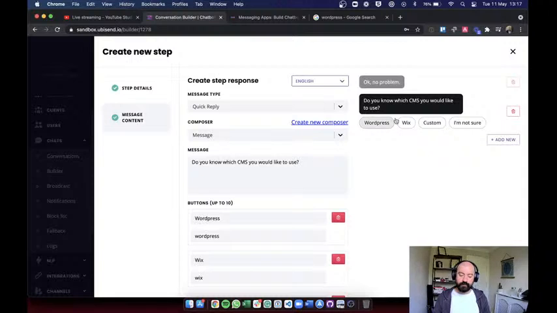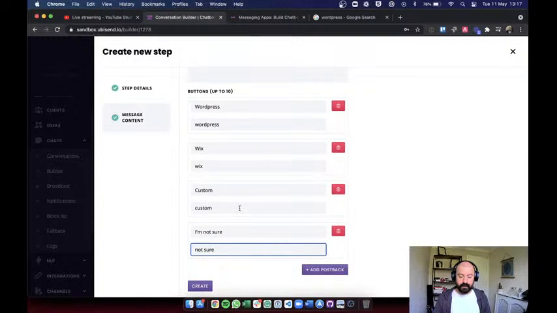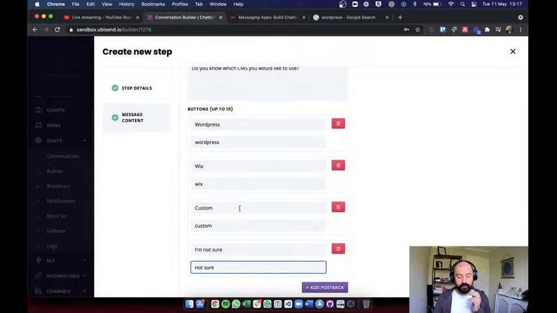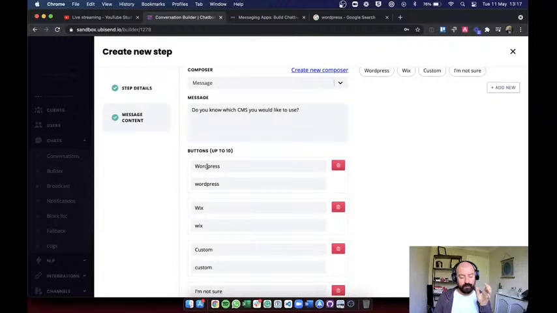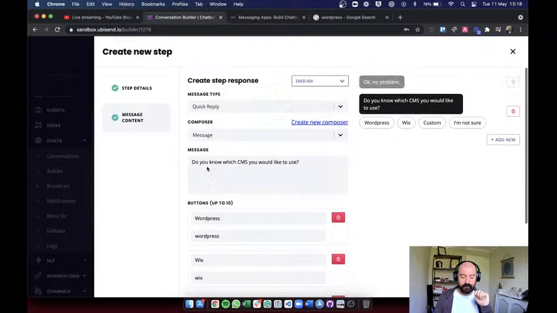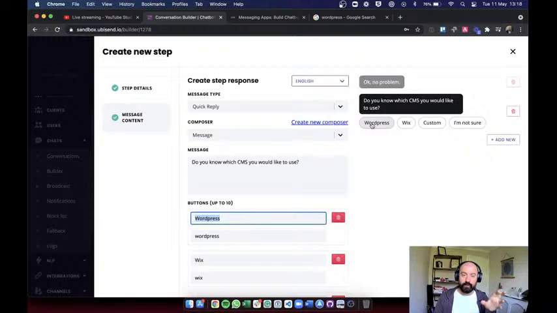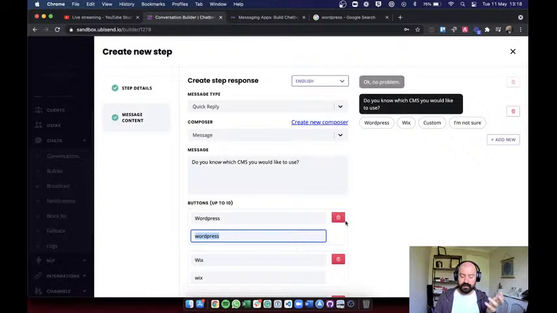And I've obviously gone with the very obvious ones. I'm sure you can think of other CMSs that I didn't really think about. The important thing is here, the 2 important things. The first is each button has 2 fields that you've just seen I've filled out. The first is obviously the name of the label on the button, the thing that people will see when they actually talk to the bot. And then the second is, again, a postback. So it's a little piece of code that is going to be sent to the bot along with the